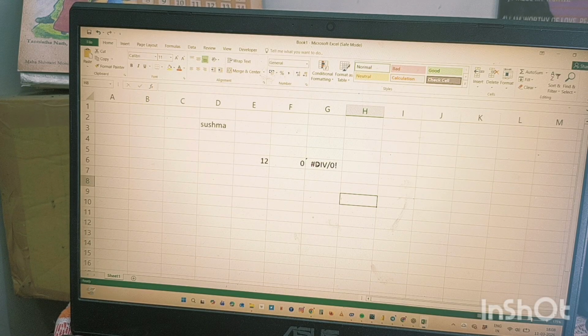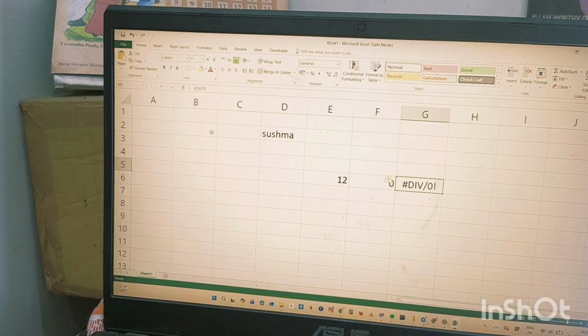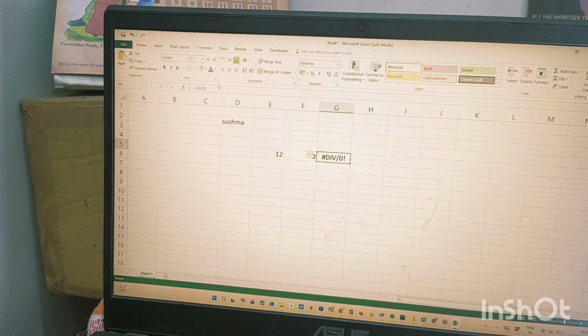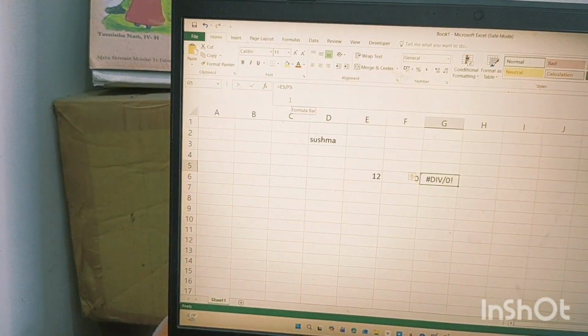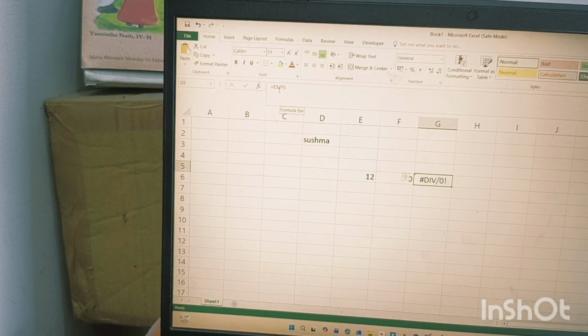And how can we fix it? After clicking there, let me change this one. Are you seeing, guys, here in the formula bar? In the formula bar you will get the formula E5 divided by F5.